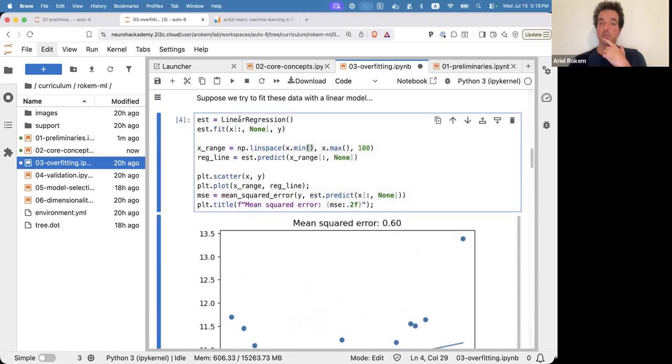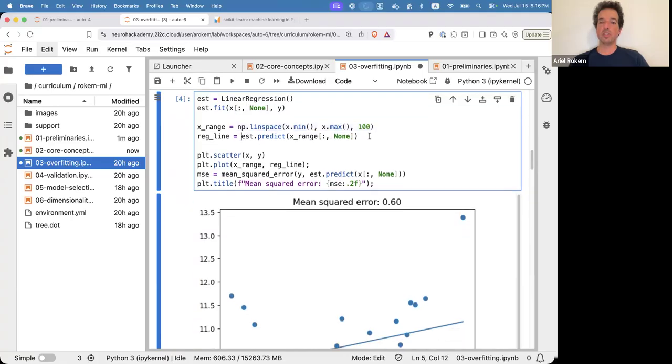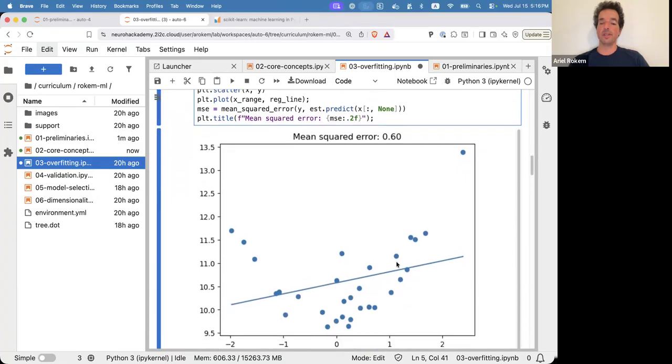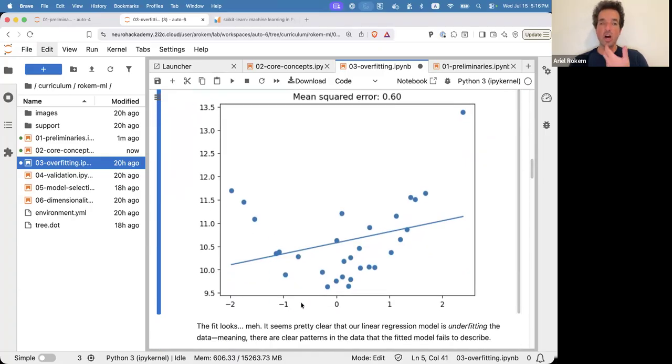So here we have linear regression from scikit-learn, and it's fitting X. In this case, we need to do this in order to make this into a column vector. And we look over a range between the minimal and maximal x, and we predict within this range to create this regression line. And you can see that it does not do so great, and that's because it's trying to fit a model that's incorrect to this